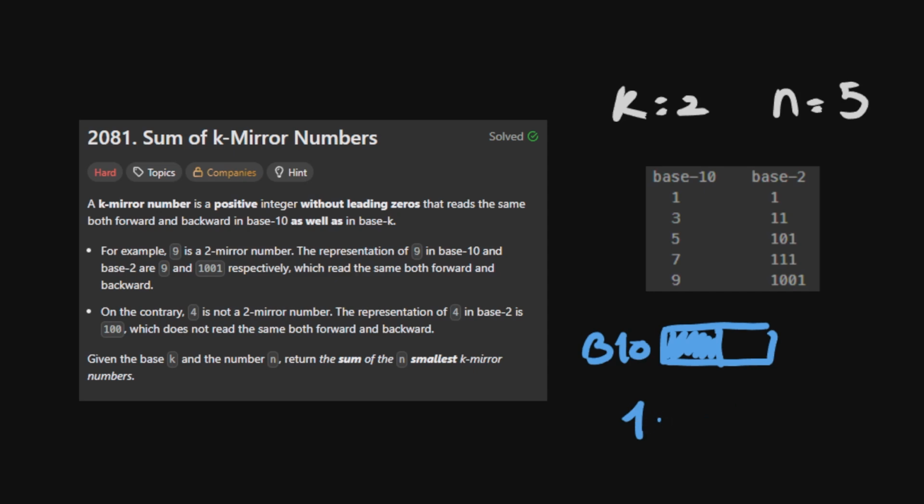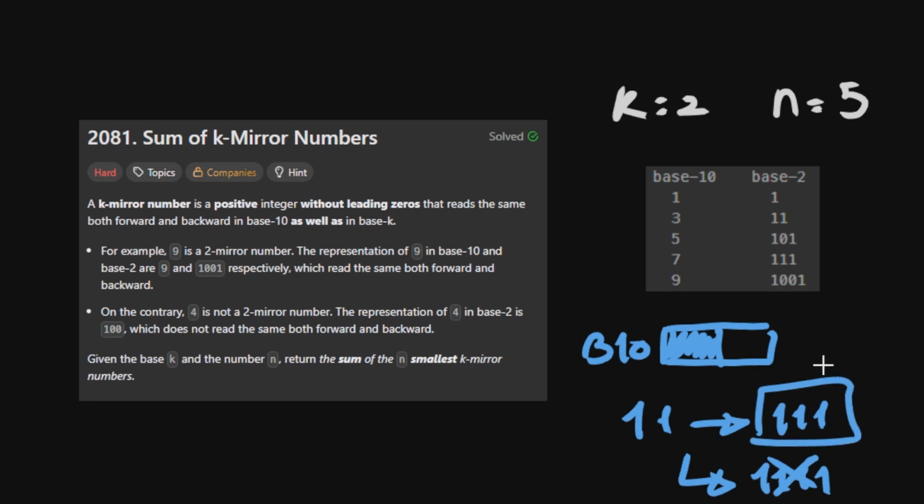For example, next we have 11, and we can build an odd length palindrome with this, which will be 111, and the even length palindrome will be 1111. So for now we only care about this. We know this is a palindrome, and we need to check if the base k representation of this is also a palindrome,